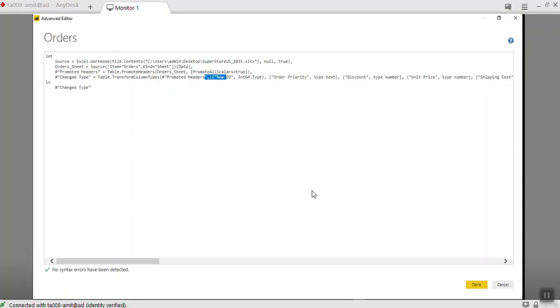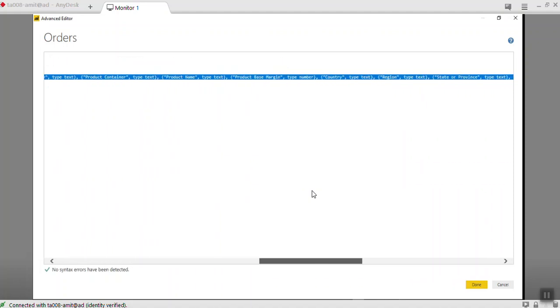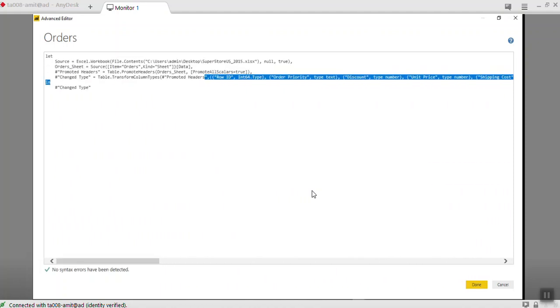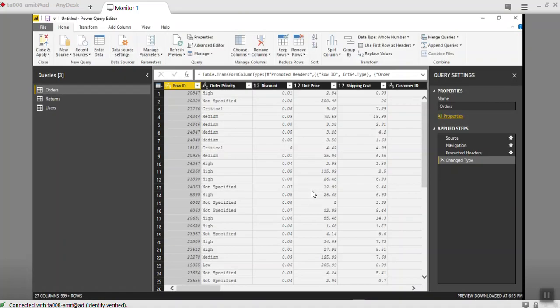This is for the first sheet only, because we have selected that first sheet only. This is taking the underlying formats of the fields basically. Suppose row ID was integer, then order priority was type text, based on the formatting done in the Excel sheet. Whatever formatting is available in Excel or any source, it will detect automatically.